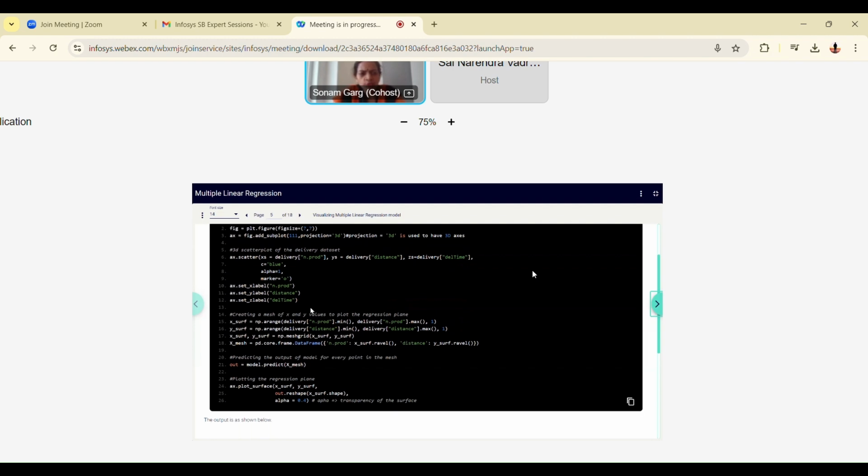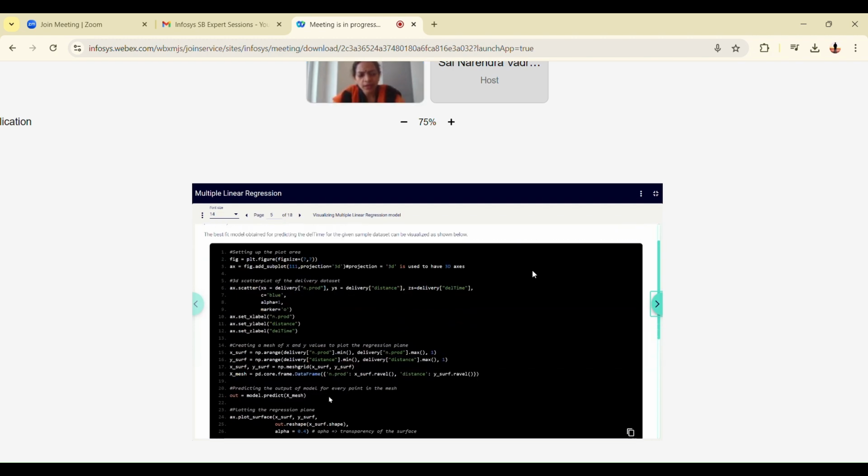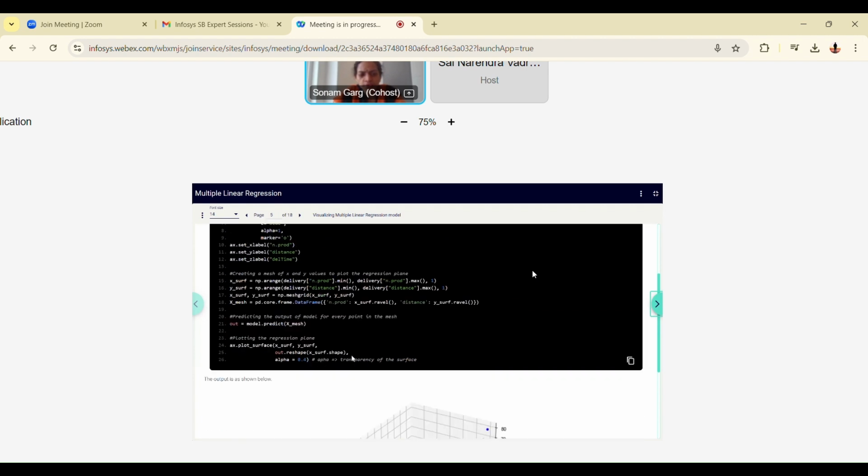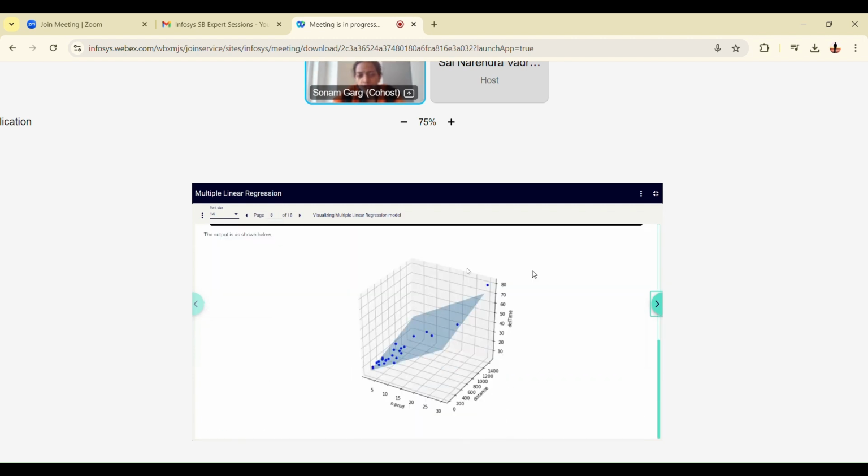Now this is about visualization. Do not get scared by the code which is written here. If you are interested in data visualization, then only you go and try to understand. Just look here. If you were there in yesterday's class, we talked about this plot on simple linear regression.